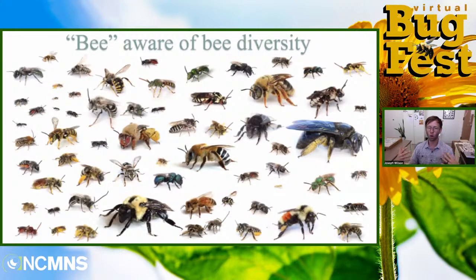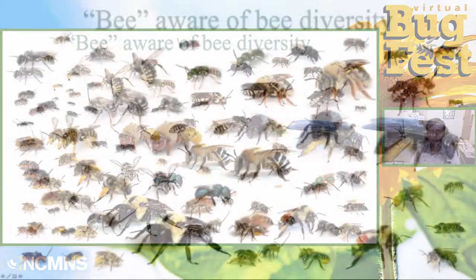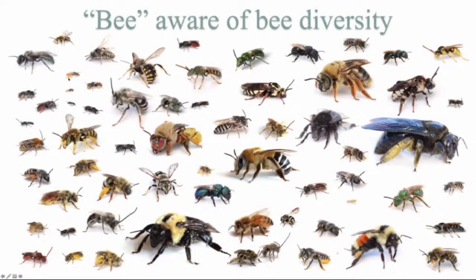So my main goal here is to teach people about bees so you can be aware of bee diversity. I have to throw one of these bee puns in there somewhere, else I'm not a good bee scientist. But when you are aware of bee diversity, then you can take steps to help protect bees. If you don't recognize that there are little teeny fairy bees that might be in your yard, you might miss the opportunity to help protect those fairy bees. And so to be aware of these bees, there are a lot of resources, and I'm going to just plug my own resources because that's what people do.